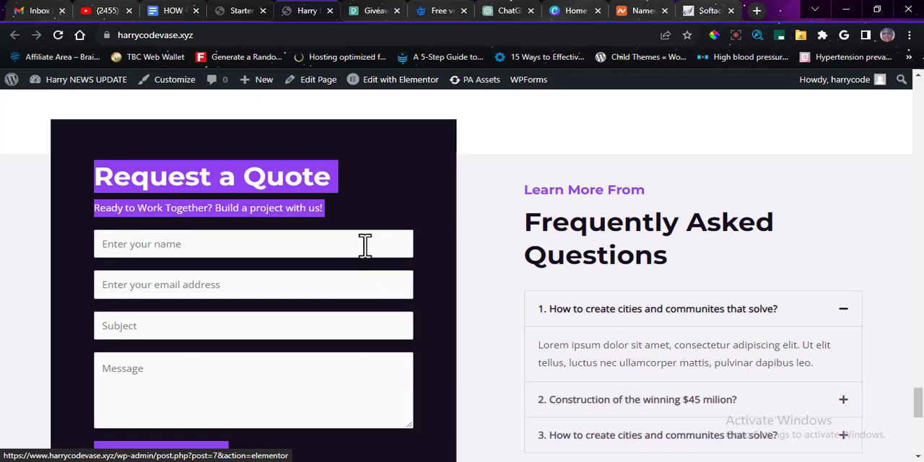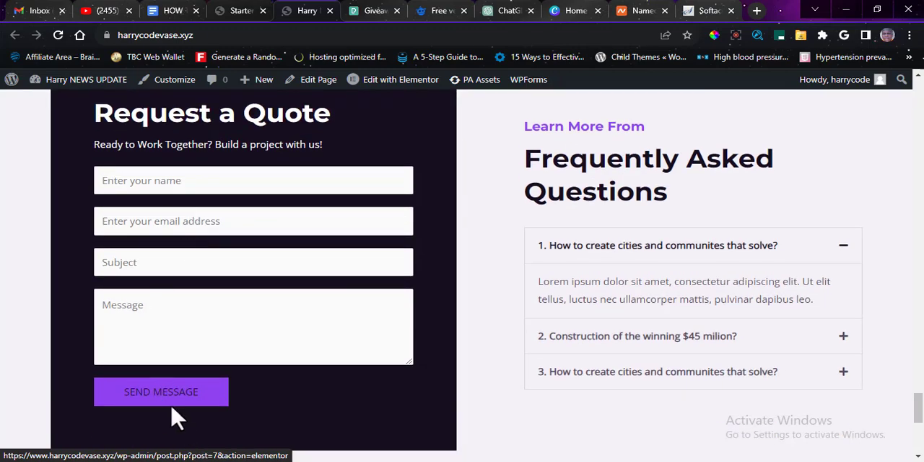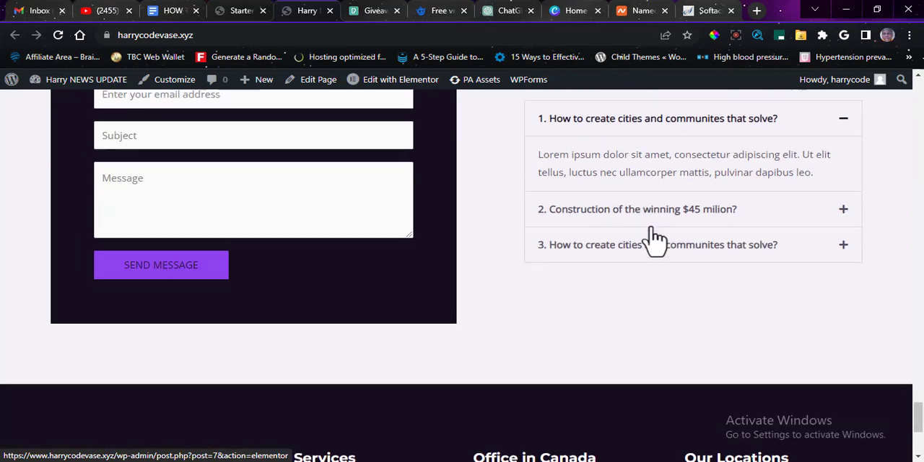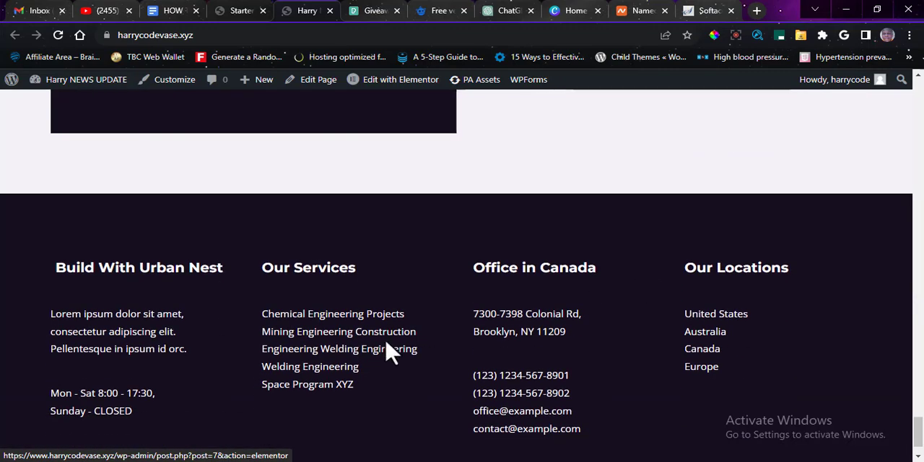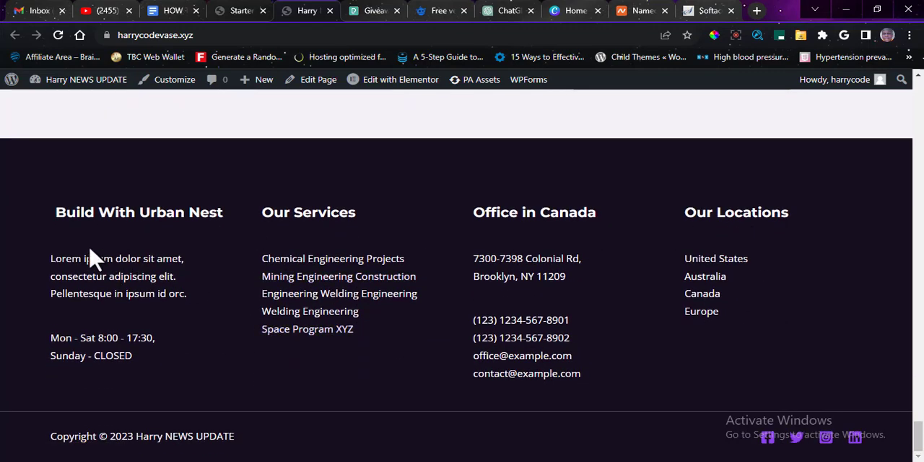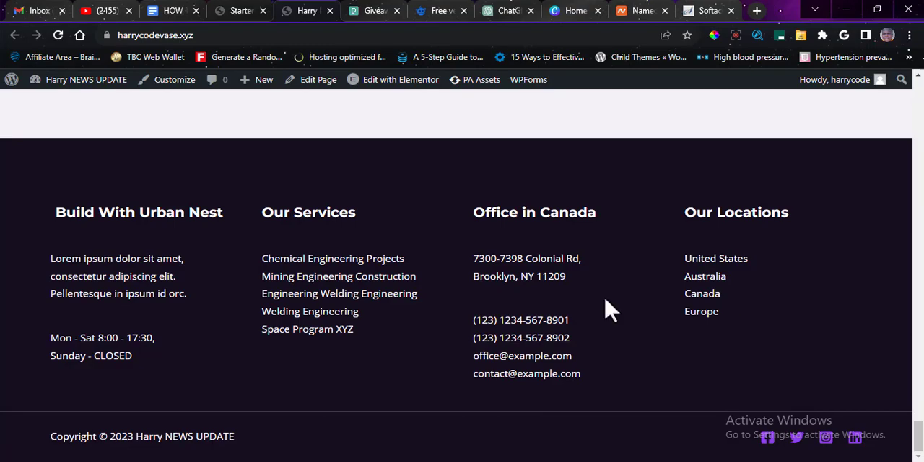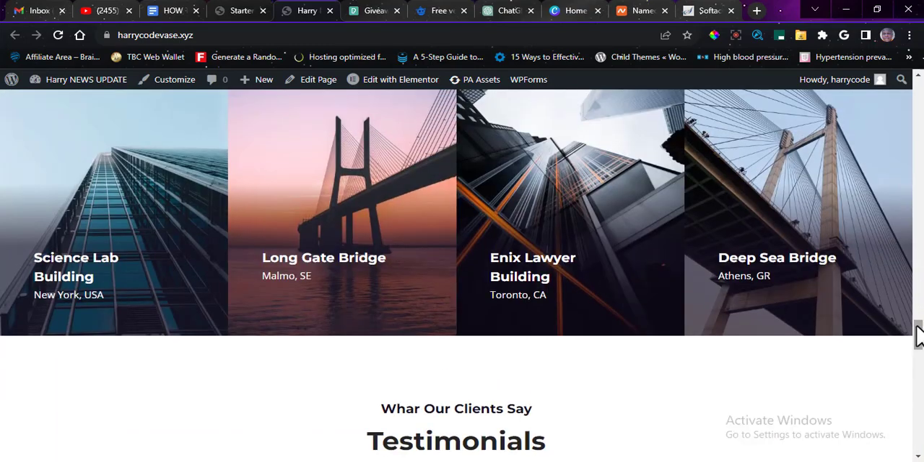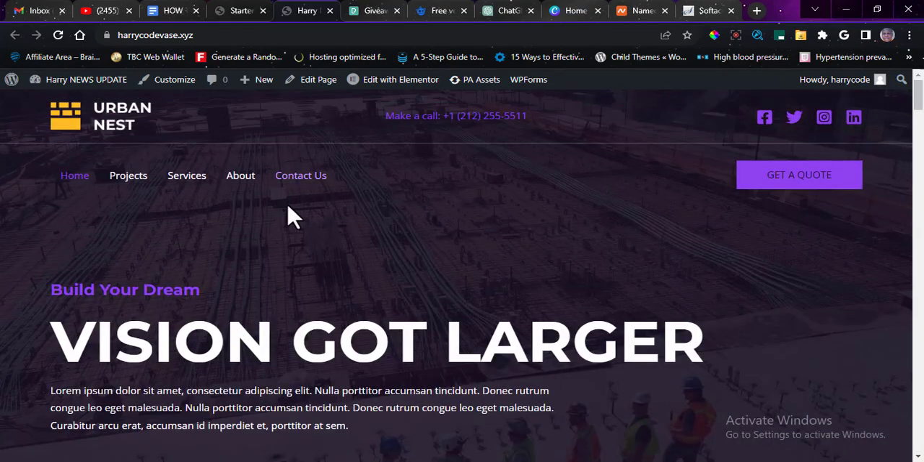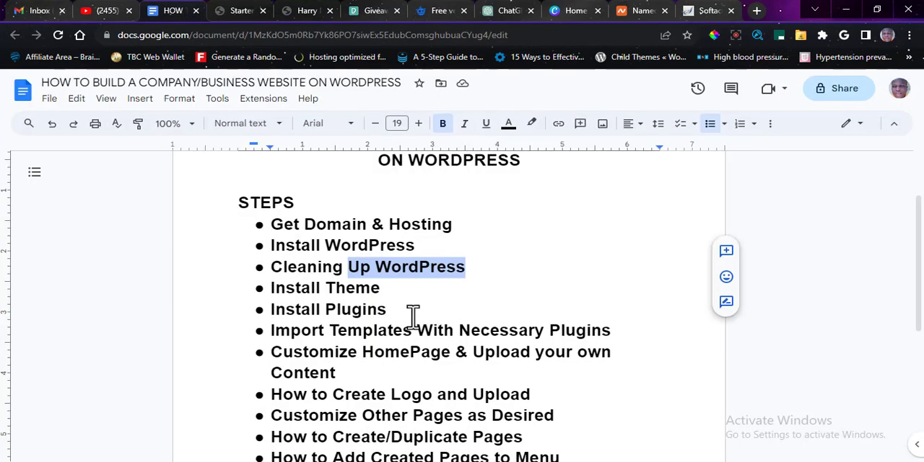Then this is a form that once somebody fills this form, the message is sent to the company's email address. Then this is frequently asked question. Then here is the footer. You can see the footer. It has 4 widgets, 1, 2, 3, and 4. Then here is the copyright section, and also has the social media buttons as well. So right now everything here can be edited. So right now you want to go ahead to start